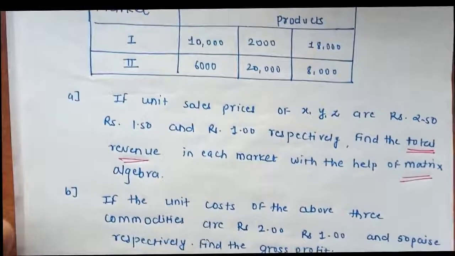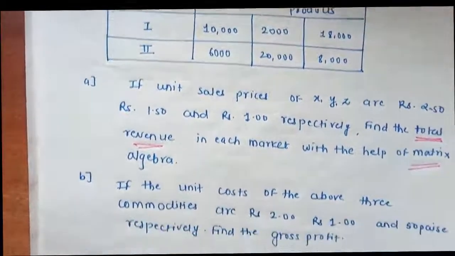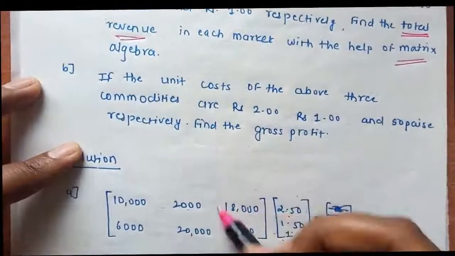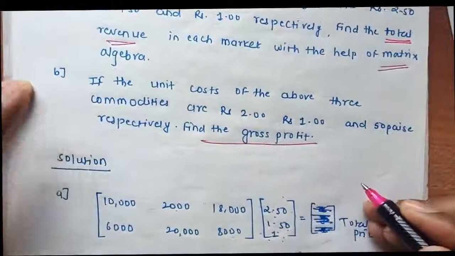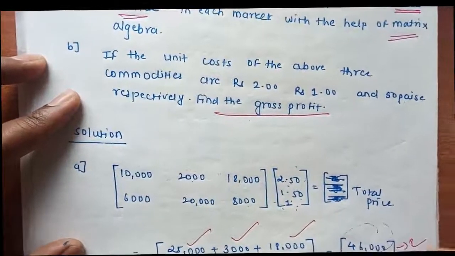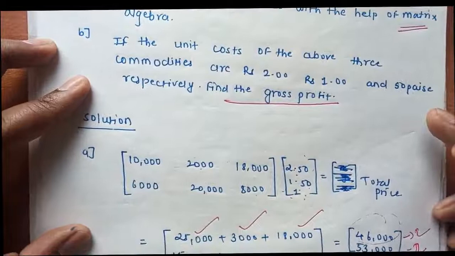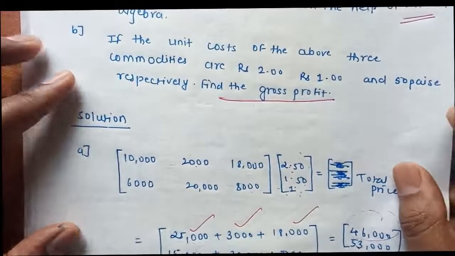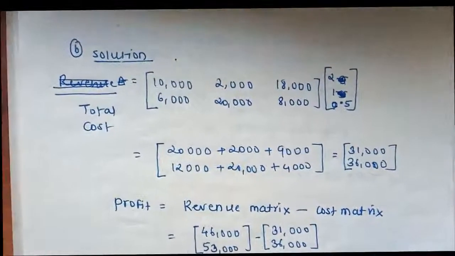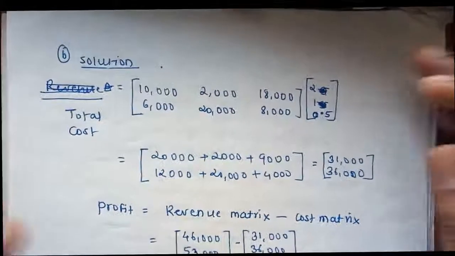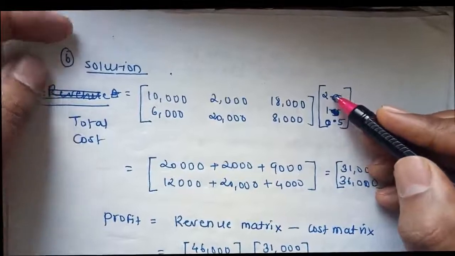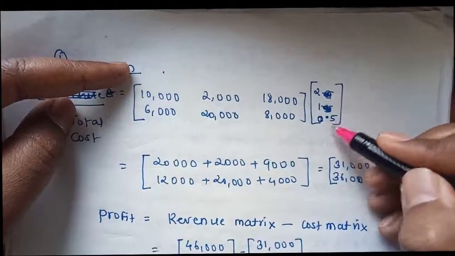Now the second sub-question they asked: we found the total revenue of the particular person, and now they're asking to find his profit. The first problem was just revenue, they were not considering any profit or loss. But in the second one, we have to find the gross profit. Same thing. They have given the selling price of the first product as 2 rupees, next is 1 and next is 0.5.